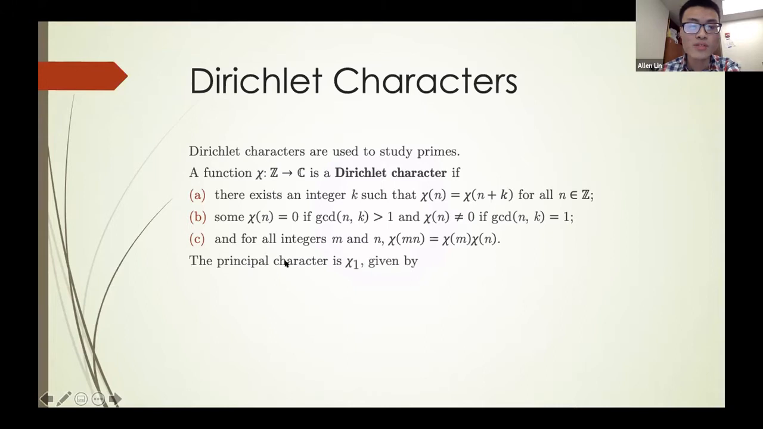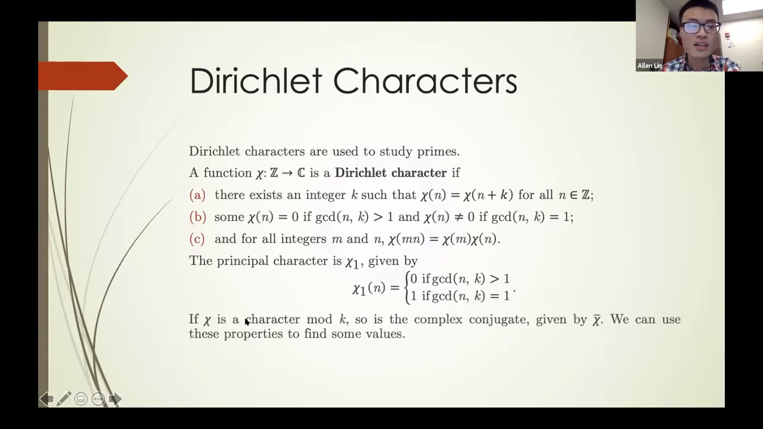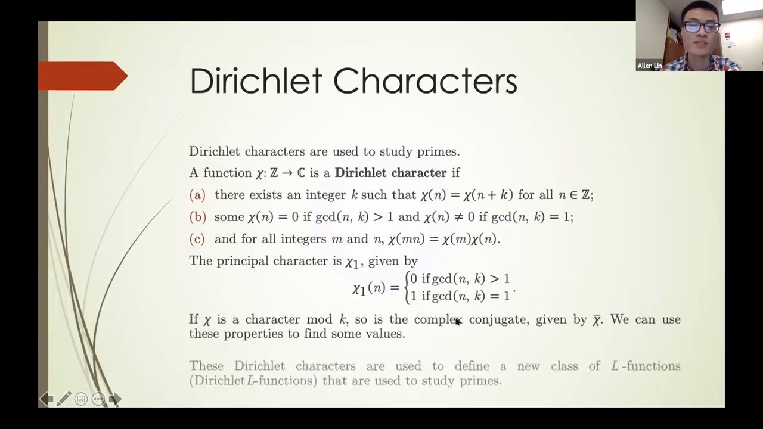The principal character is chi 1, and is given by the following piecewise function. Chi 1 of n is 0 if the greatest common divisor is greater than 1, and chi 1 of n is 1 if the greatest common divisor is 1. If chi is a character mod k, then so is its complex conjugate chi bar. Using these properties, we can find some values using